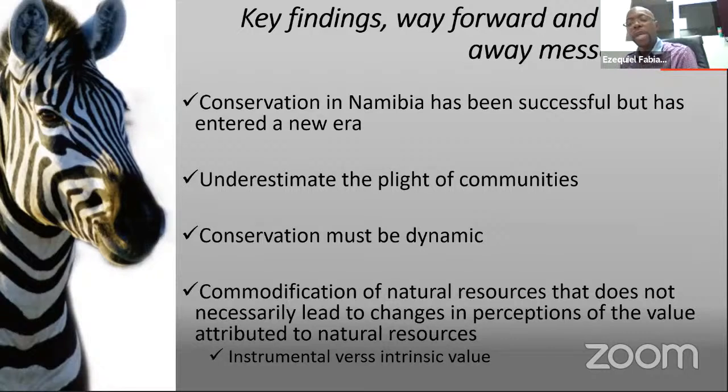The second main finding is that many times we might underestimate the plight of the communities because we do not have a full understanding of the full set of problem-causing species that these communities have to deal with. Similarly, I didn't share that, but we also found that many of the mitigation measures available to these communities might not always be effective, which is an area of continuous research.